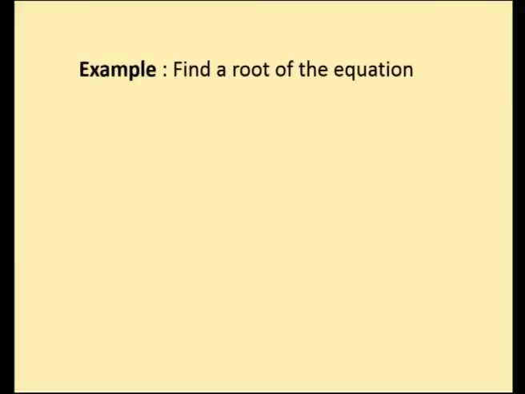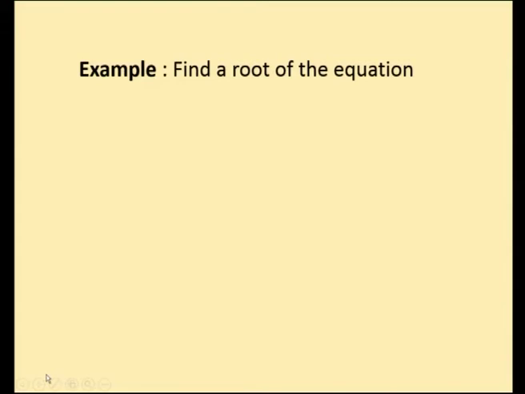The procedure for the bisection method was discussed in the previous session, wherein in each iteration the value is bisected. Suppose the root lies between a and b, the first iteration value is x0 equal to (a plus b) by 2. We find f of x0, and according to the sign, find out where the root lies. If the root lies between x0 and a, then x1 will be (x0 plus a) divided by 2. Likewise, we continue the iterations till two consecutive iteration values are the same, corrected to the specified decimal places. We will do an example in this method.